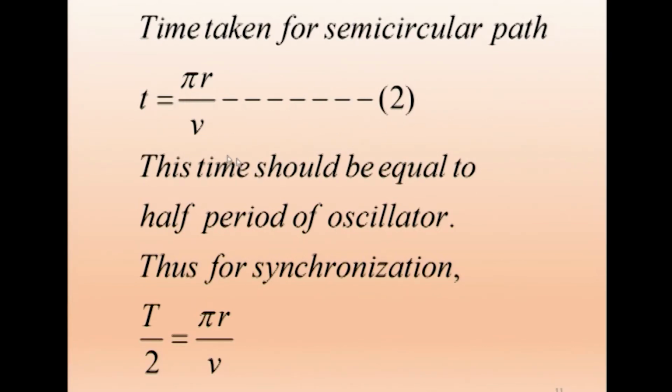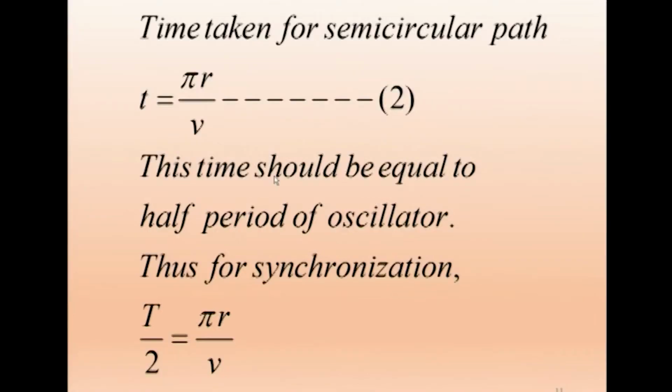Now this time should be equal to the half period of the oscillator. Already that's what we have stated. When the particle enters, comes there, immediately this should change, which means we get the oscillation, positive, negative. So when it comes to half cycle, it should finish off. Then the other one will start pulling it. So the time taken should be exactly the same. So this time taken should be equal to the half period of the oscillator, that is the RF oscillator that we applied.